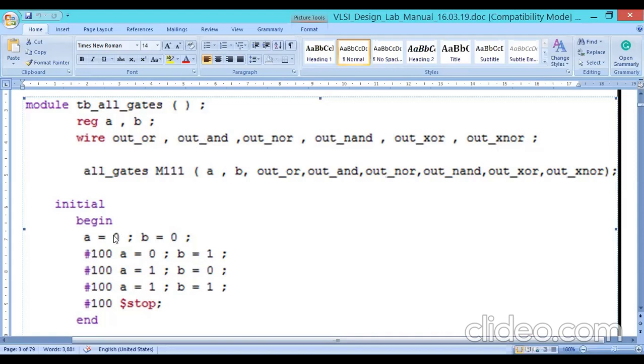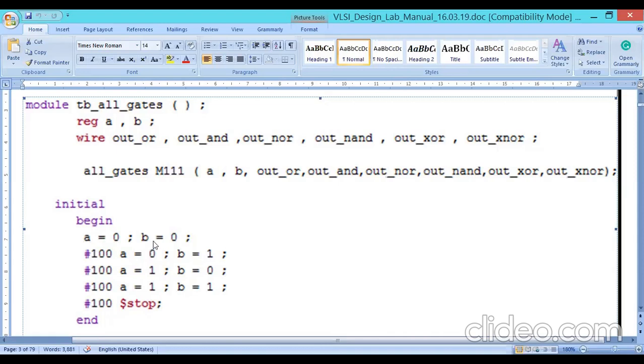So that's why I am mentioning the initial block. Actually, this is called initial begin and end. In initial begin end, I am declaring whatever stimulus, whatever changes I want to apply to the design. Initial is the keyword. This is the block level, a procedure block. Initial block is a sequential block, so the execution is sequential.